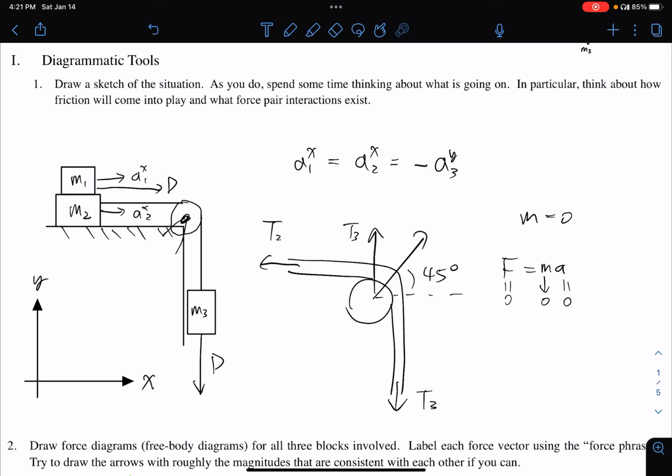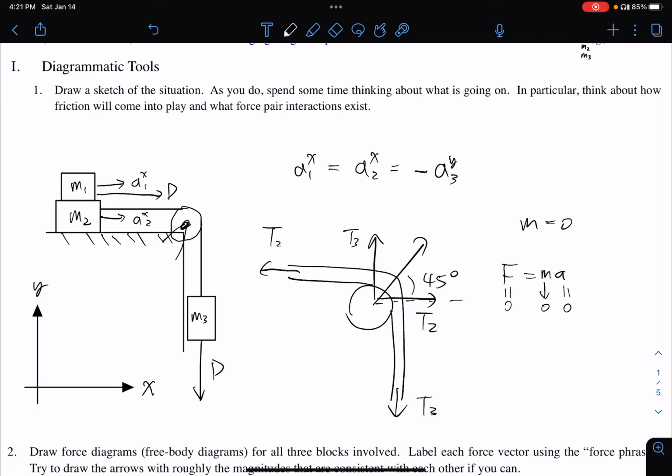For the x direction, T2 must equal the x component of this normal force. And because this normal force is making a 45-degree angle, these two components should be the same. Therefore, we can get that T2 and T3 must equal each other